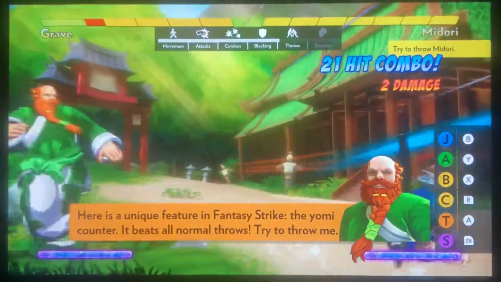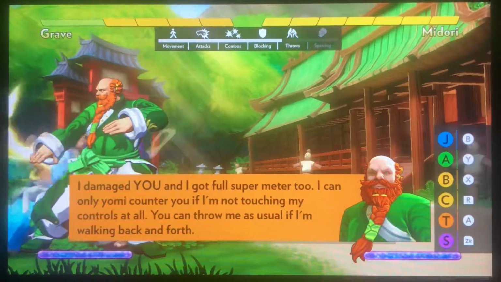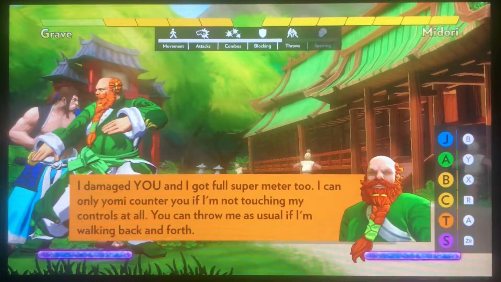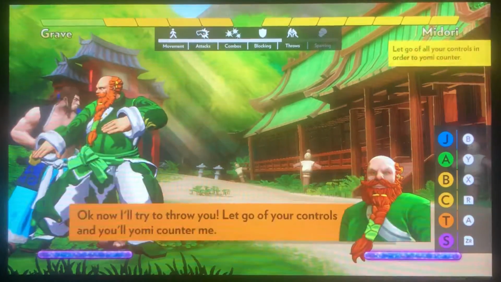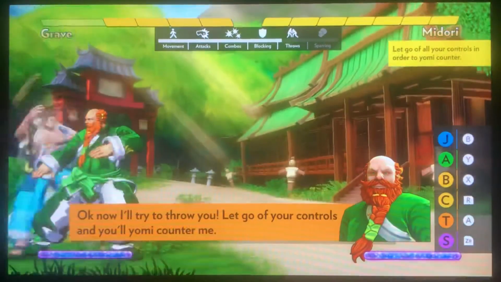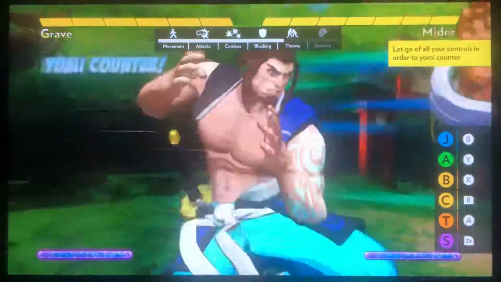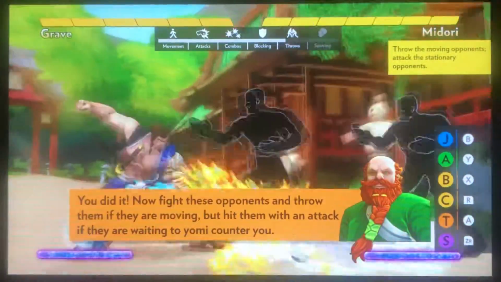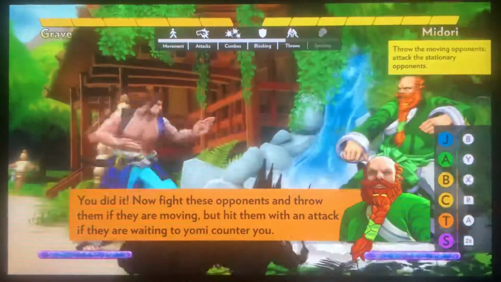All normal throws. Try to throw me. I damaged you, and I got full super meter too. I can only Yomi counter you if I'm not touching my controls at all. You can throw me as usual if I'm walking back and forth. Okay, now I'll try to throw you. Let go of your controls and you'll Yomi counter me. Saw that coming. You didn't. Now, fight these opponents and throw them if they are moving, but hit them with an attack if they are waiting to